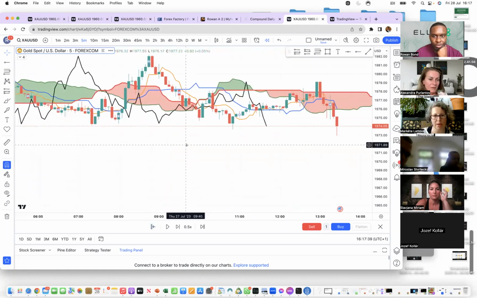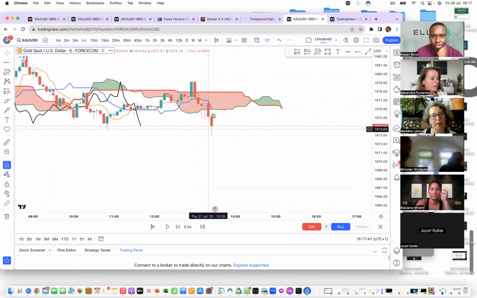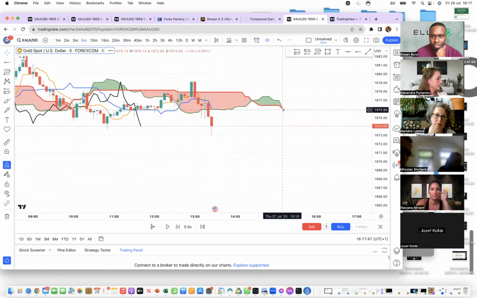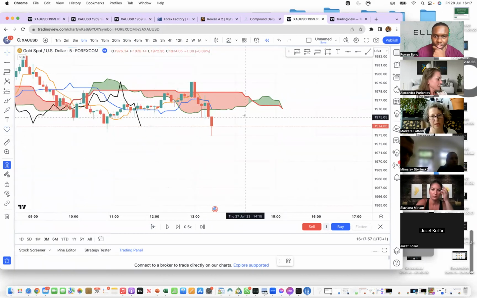Let me see if I can catch it when it first starts. Okay, so you see that this line starts pointing down, this one starts pointing down, and these start pointing down. So, let's give an example. If you see that, and you see this candlestick,